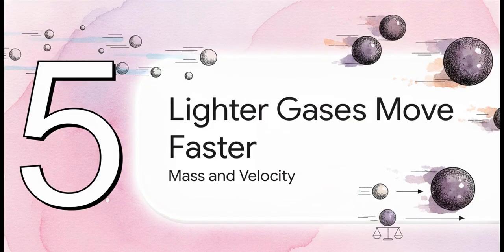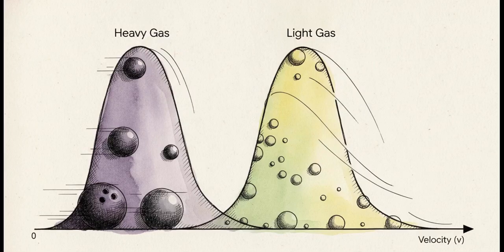And finally, section 5. Lighter gases move faster. What if we keep the temperature perfectly stable but change the gas itself? The notes give us a direct comparison between two entirely different gases at the exact same temperature. A heavier gas is going to have a lower most probable velocity. Its curve is bunched up, shifted to the left, basically acting a bit sluggish. But a lighter gas has a much higher most probable velocity, shifting its entire curve to the right,